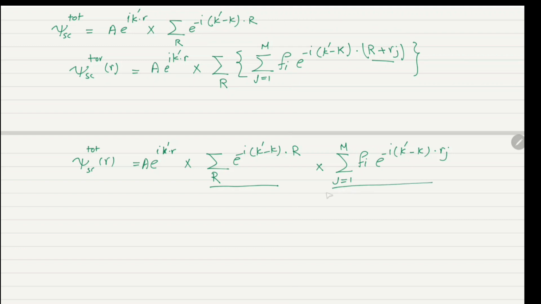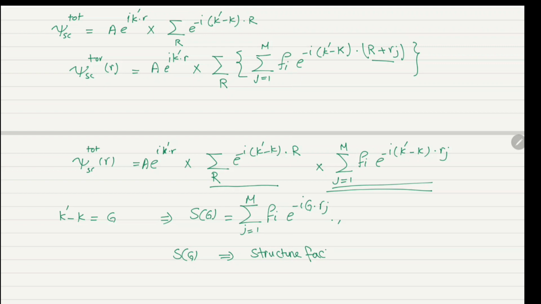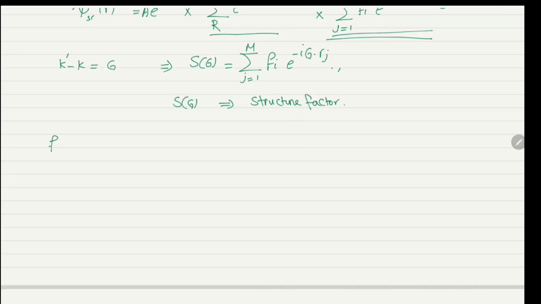And the last term, this one here, involving the sum over all j, needs to be considered only for those special values when k prime minus k equals G. And therefore, S_G equals the sum over all j equal to 1 to m of f_j e to the minus i G dot r_j. And S_G in this case is known as the structure factor. And f_j is the atomic form factor,